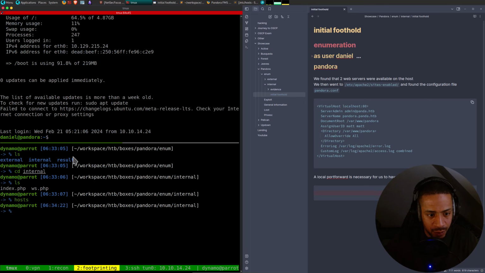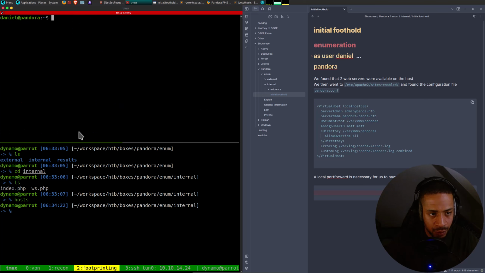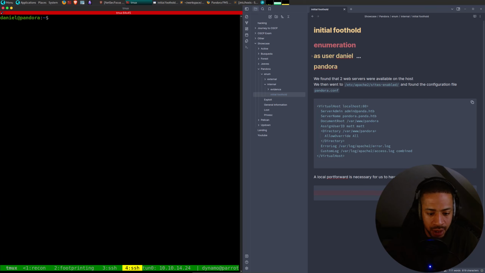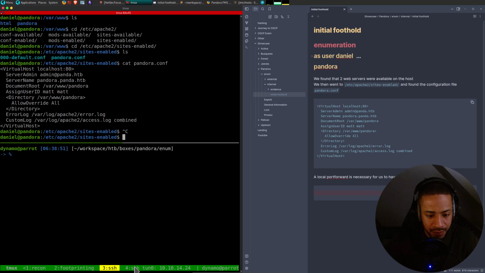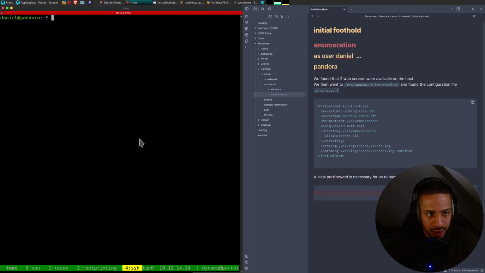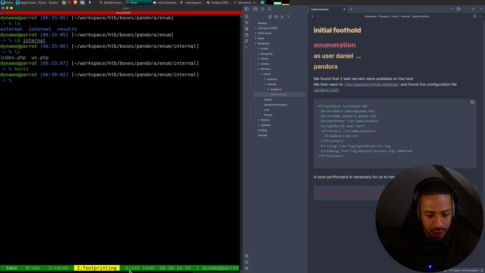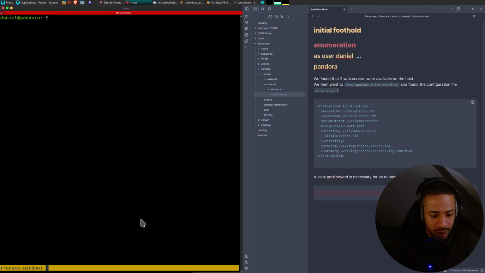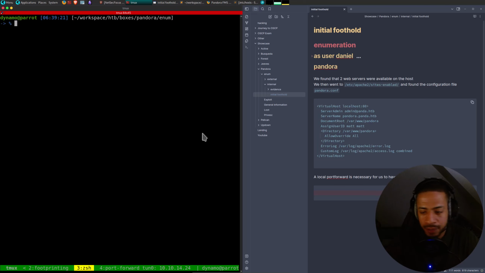So this was footprinting. This is the port forward. So I should have put this one alone. And this one I can close. And this one as well. And then I can call this one port forward, like so. And then I can open a new one.